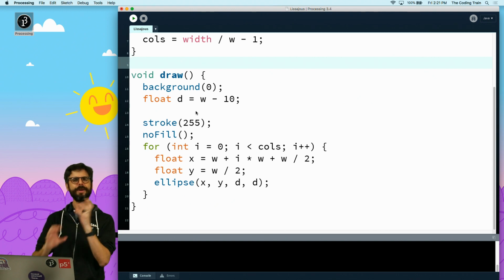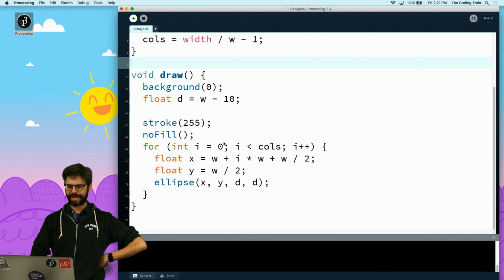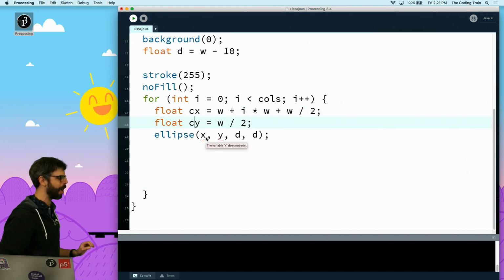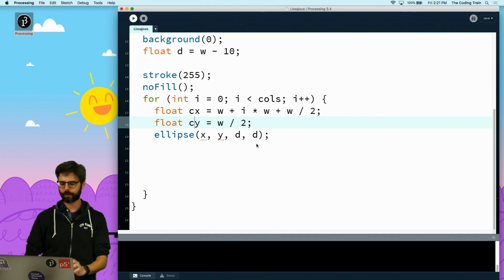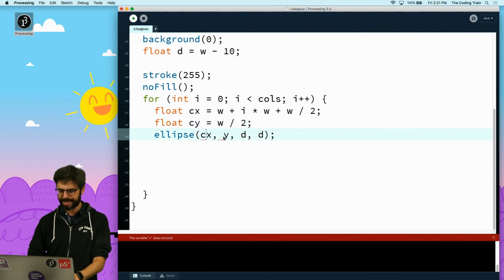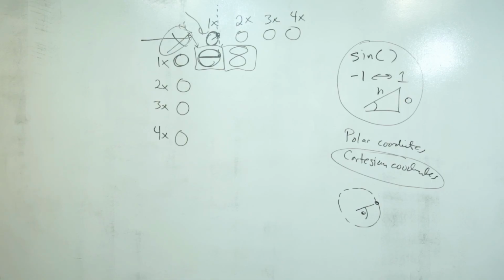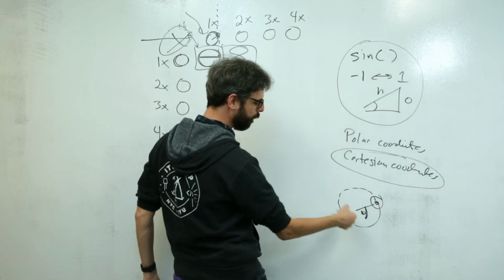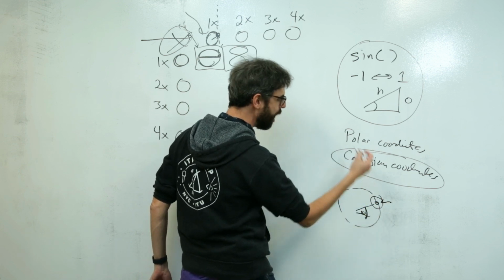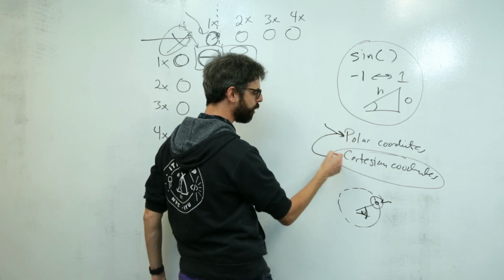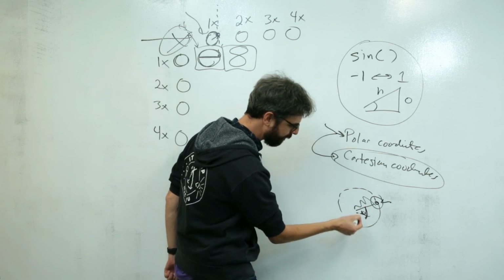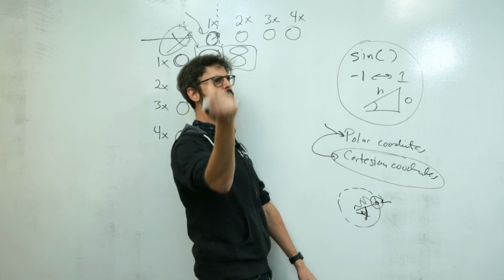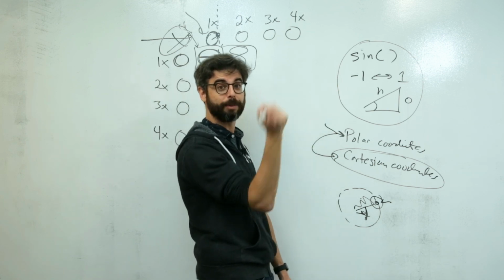So now, how do I get that point? If I have this angle for each one of these, and you know what, this is really like center x, center y. It's the center of each one of those circles. Now what I need is an offset. I want to figure out where this point is based on the angle. This angle is increasing. Where's this point along the circle? And this is the idea of polar coordinates to Cartesian coordinates. So if I know the radius of this circle and I know this angle, I can use a formula which says x equals r times cosine of the angle, y equals r times sine of the angle.